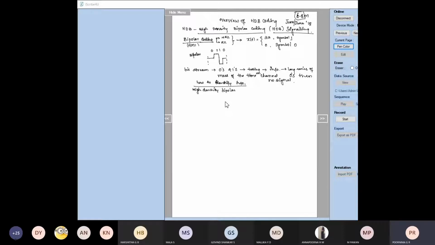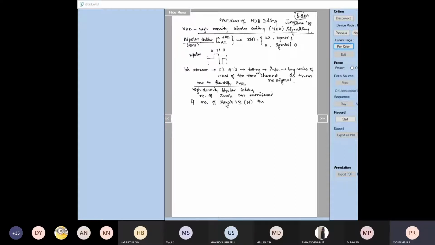In this high density bipolar coding, the number of zeros will be monitored. If the number of zeros is 3, or more than 3, or n number of zeros,